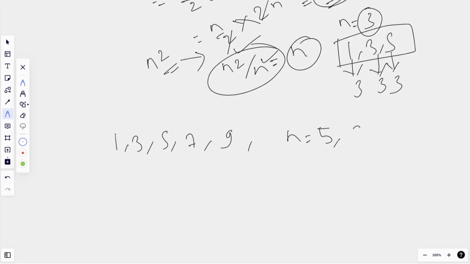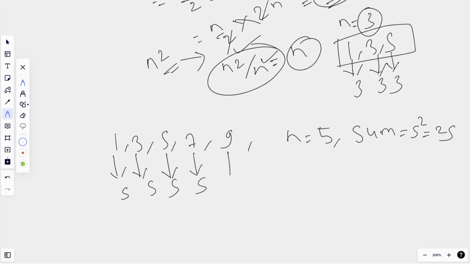So our total sum will be 5 square, which is 25, and we have to make all of the elements 5. So this also 5, this also 5, this is already 5, and we have to make this 5, this also 5. So here we have to do plus 4, here plus 2, here 0, here minus 2, here minus 4.